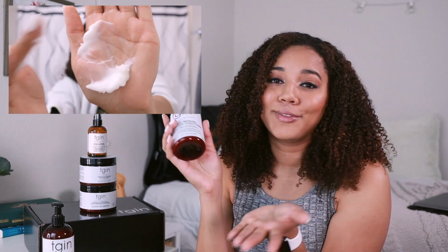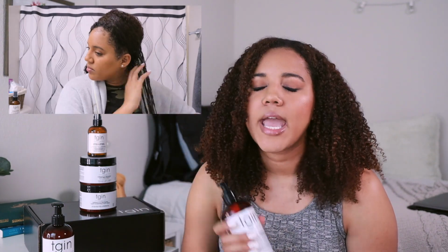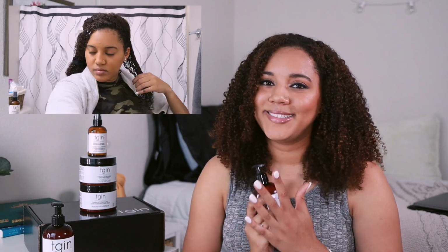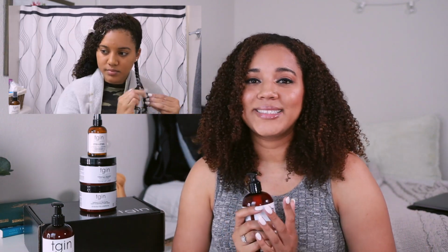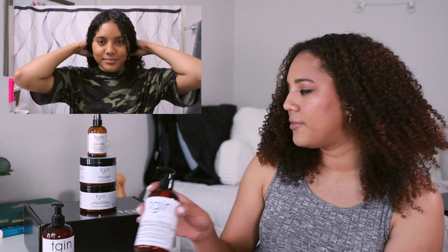I applied a lot of this in my hair, and I basically started off by finger detangling. You guys will see that my hair was terribly tangled, matted, and very dry. I've been working out a lot, and I did not wash my hair as soon as I needed to, so this really helped me get through the tangles. I start off by finger detangling because it's more gentle, and then I'll go in with a wide tooth comb. After that, I rinse out the conditioner,